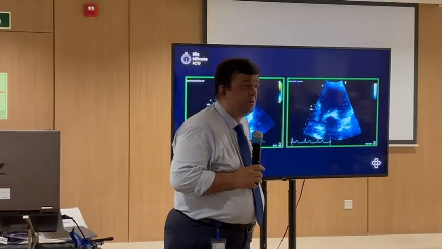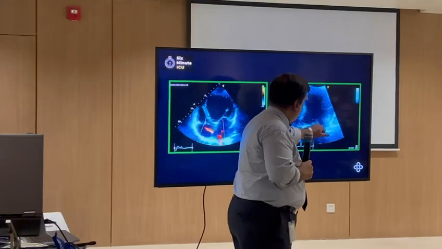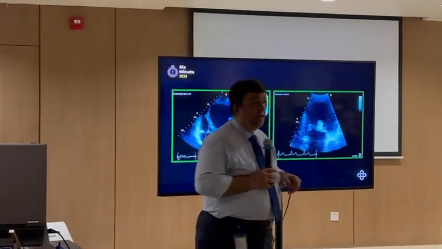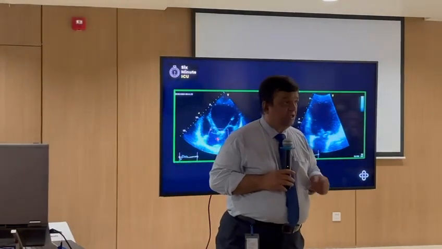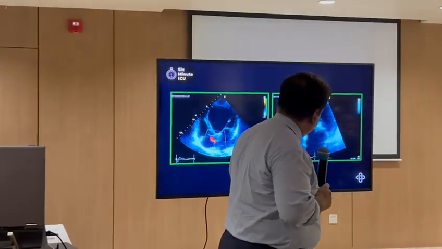Mitral vegetation. Okay. So you can see that this leaflet here, the posterior leaflet here, has got some form of an independent mobile structure attached to it, which has got a motion of its own. When the valve